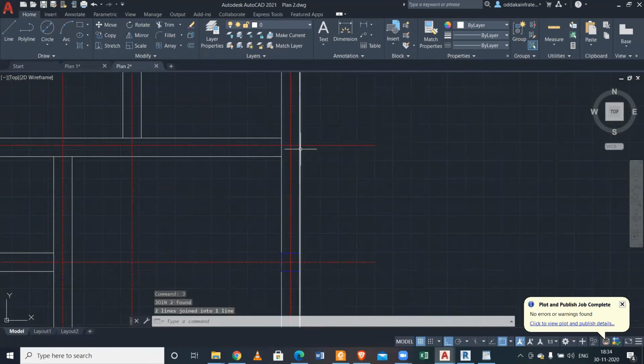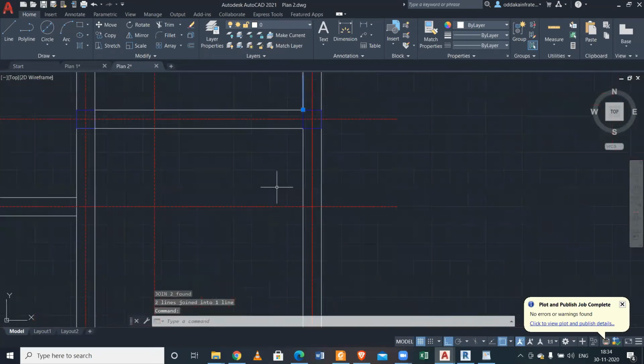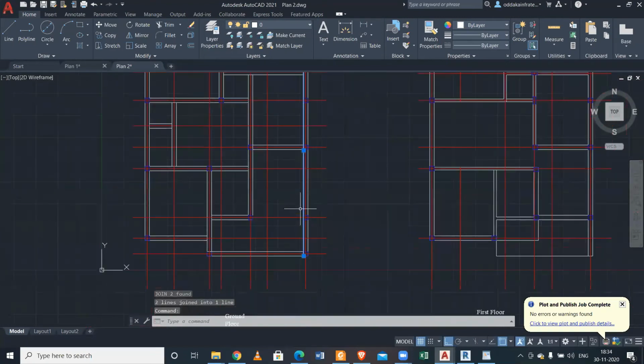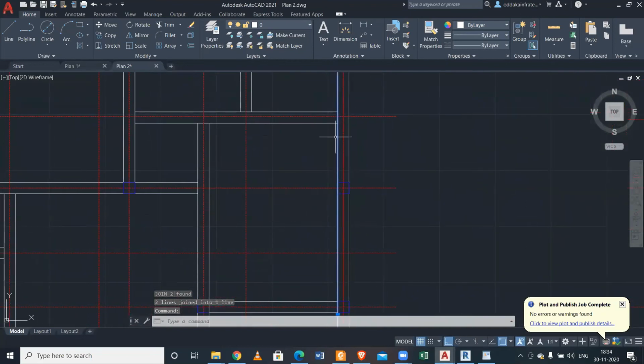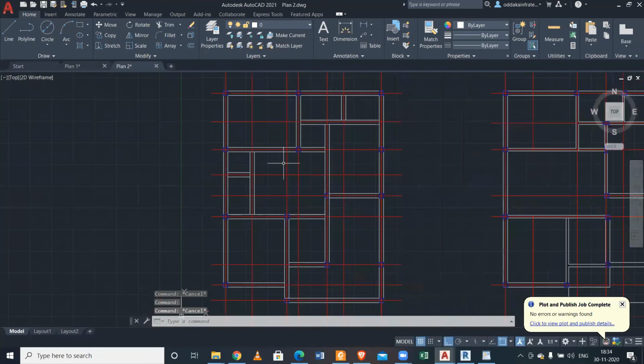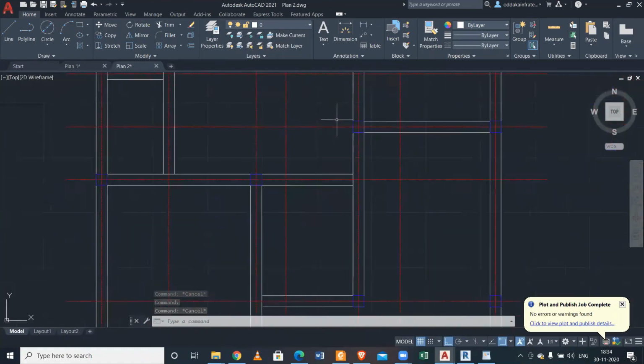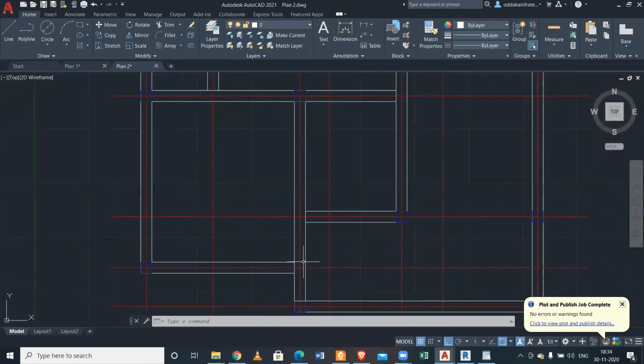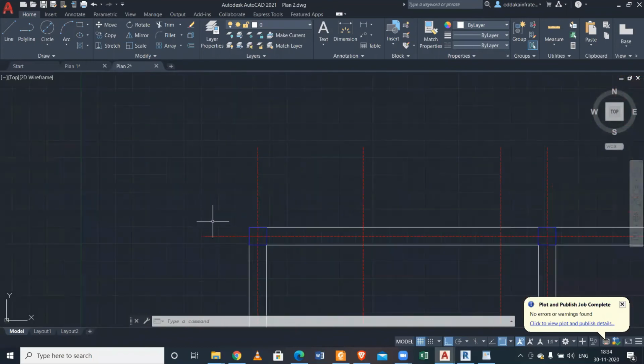J enter. Now we'll check for any overlaps.